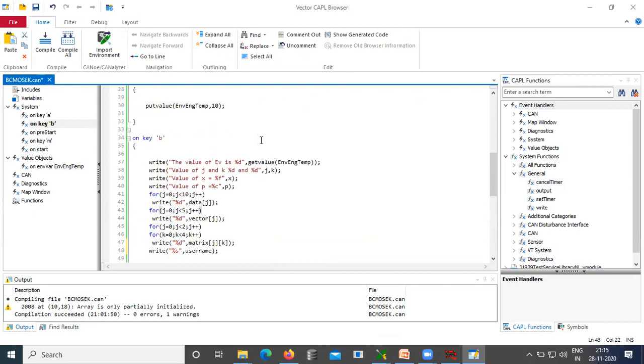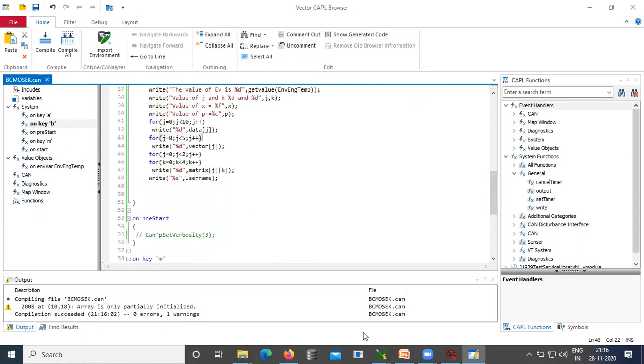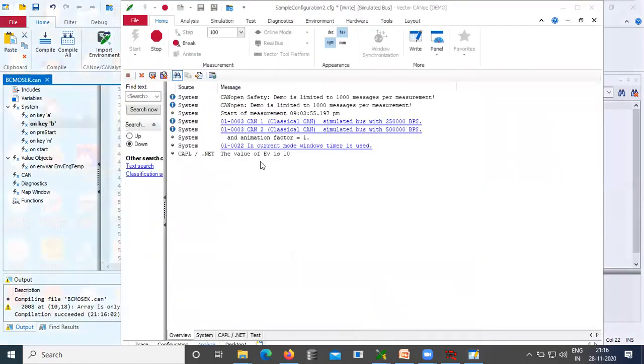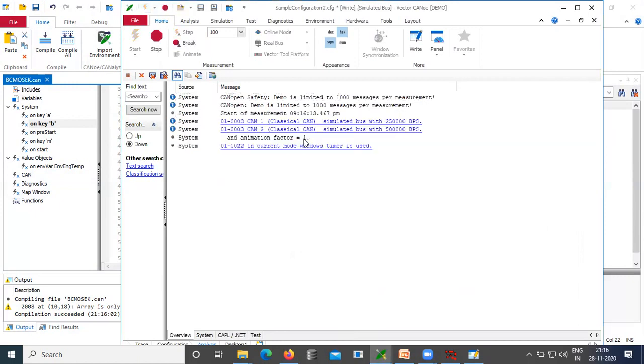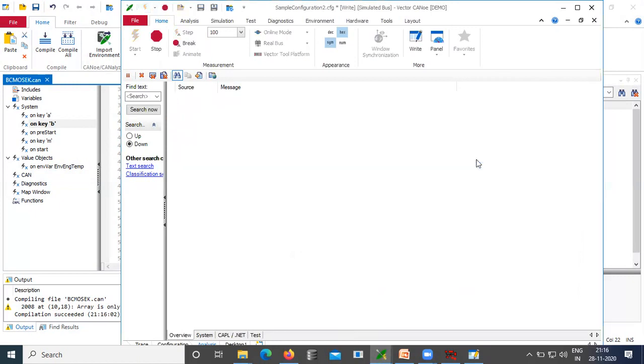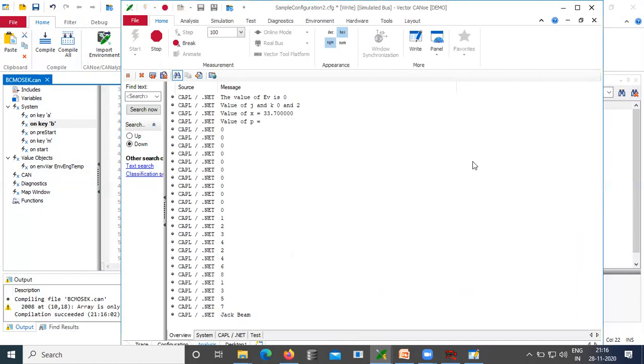So let us try whether it works as expected. We compiled. It's very simple. You have to stop and then restart. Then I press B. Initially j is 0, k is 2, and then x is 33.7, p is empty.